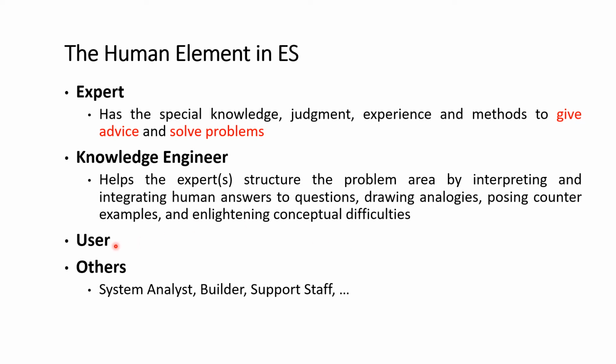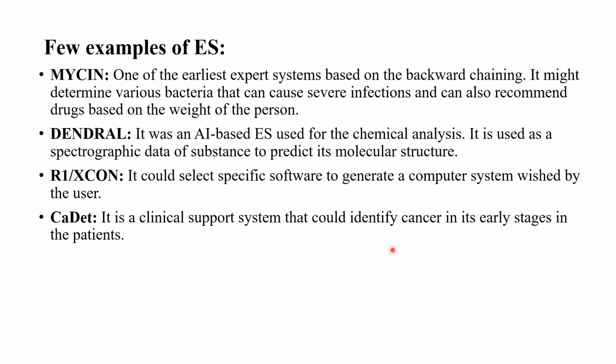इसके अलावा हमारे पास एक यूजर होता है एक्सपर्ट सिस्टम के आर्किटेक्चर में। अब यूजर कौन है? यूजर इज एनी पर्सन हू इज इंटरेक्टिंग विद द सिस्टम, और इसके अलावा we have system analyst, builder and supporting staff। So these are the human elements that are involved in the expert system।